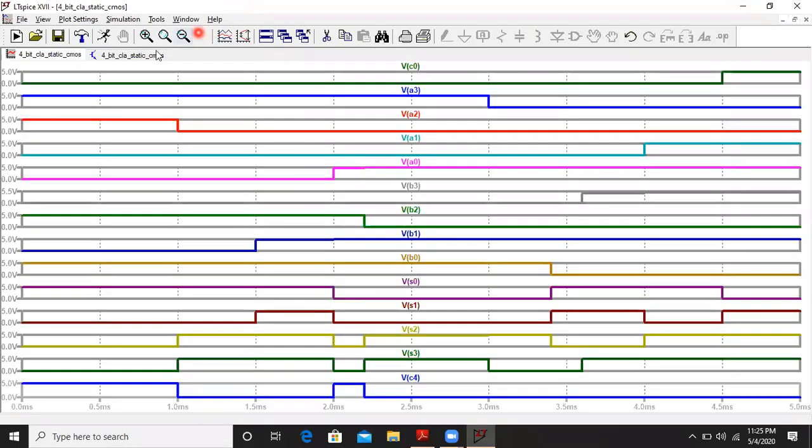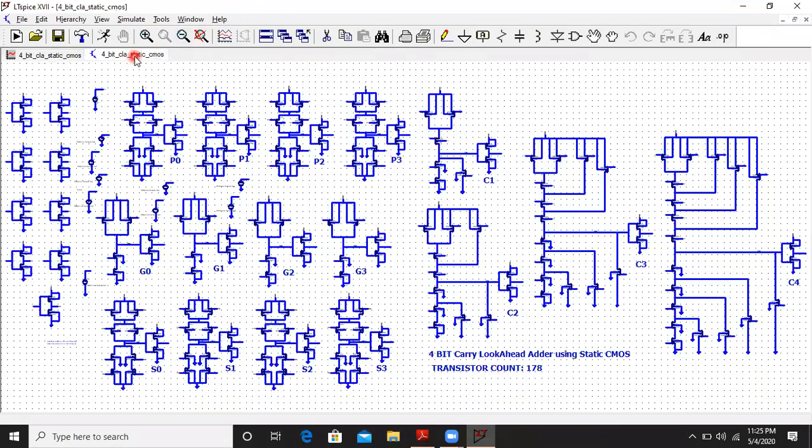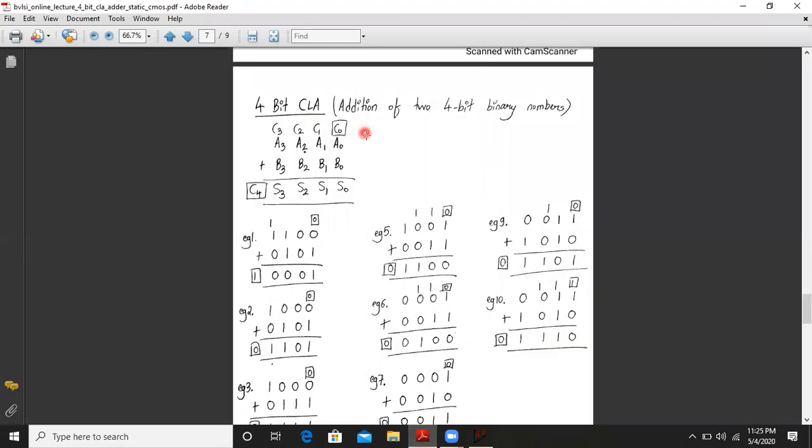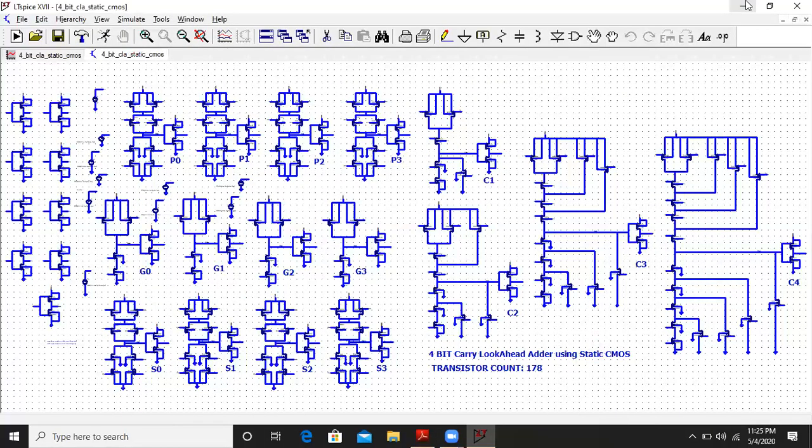Congratulations. So these 178 transistors which we have learned in this curriculum, that is BVLSI, are indeed adding two 4-bit binary numbers. So it's a big achievement for us. Congratulations to all.